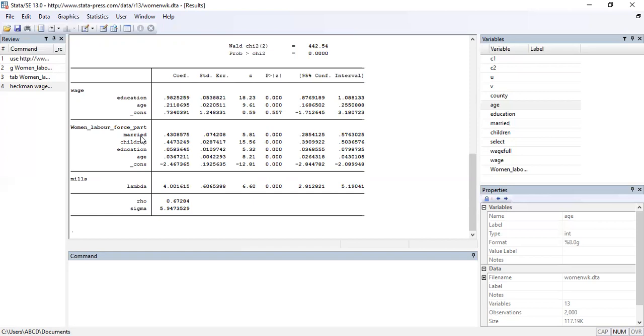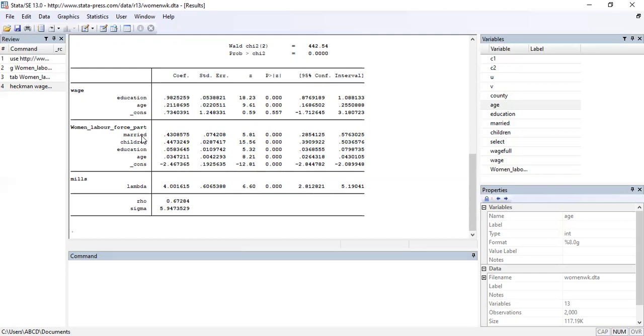Now we will analyze the variables of the selection model, because already in the first part of this class we discussed that we should aim to estimate beta. So beta for married is 0.430, with a standard error of 0.074. This means the probability of participation of married women in the labor market significantly increases,